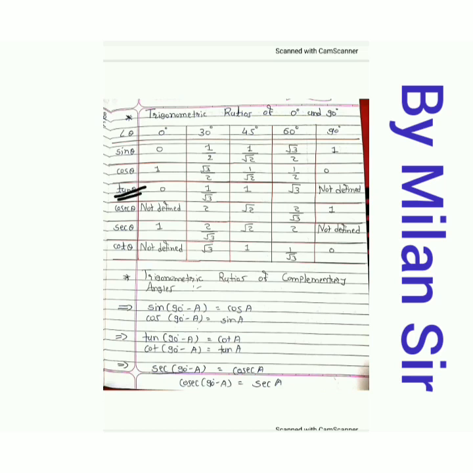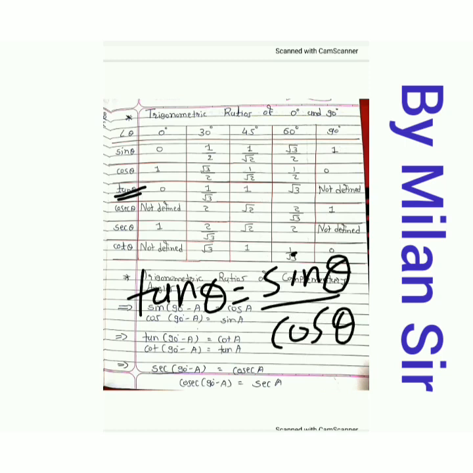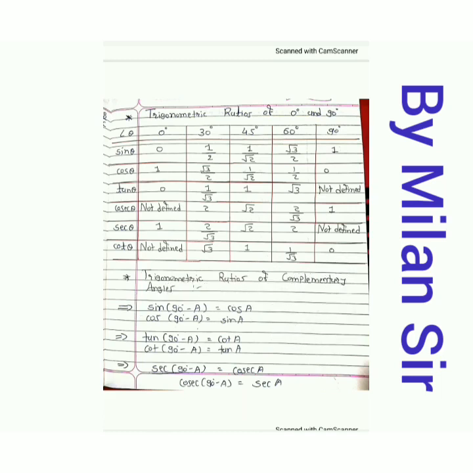Okay, so the formula of tan theta is equal to sin theta upon cos theta. So if you want to find the value of tan theta, then you can just divide sin theta and cos theta. So first of all, for 0, I divide 0 by 1, sin theta by cos theta. Here your 0 by 1 is equal to 0. Then for 30 degree, 1 by 2 divided by under root 3 by 2. Your denominator 2 cut, right? So finally, you get 1 upon under root 3.